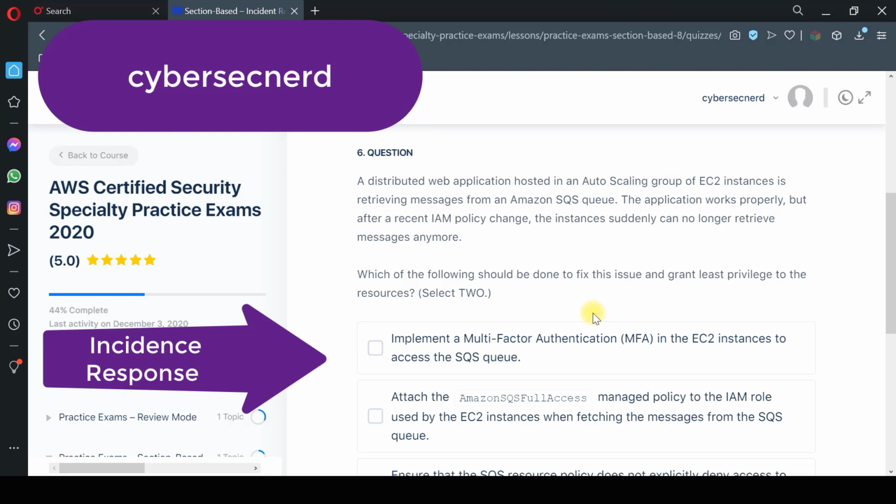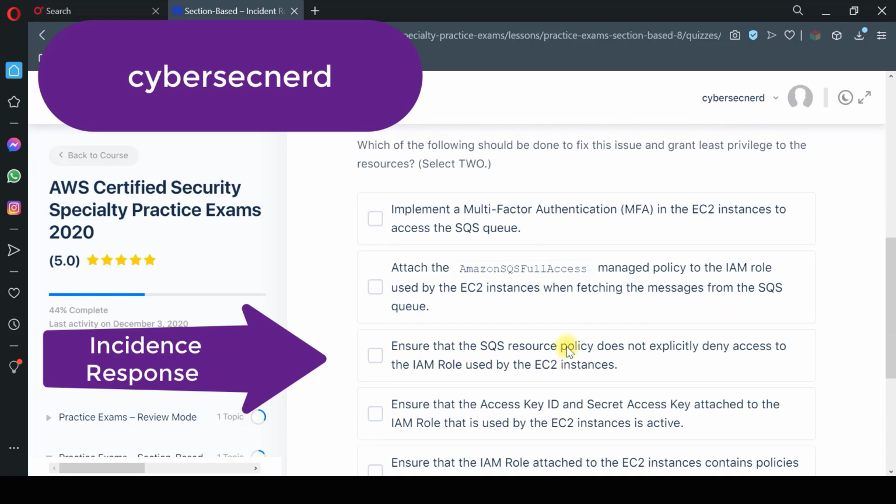So with respect to this particular question, which of the following should be done? We have also looked at the fact that this happened after a recent IAM policy change. So which of the factors might be responsible? We need to troubleshoot this particular scenario. So if you look at